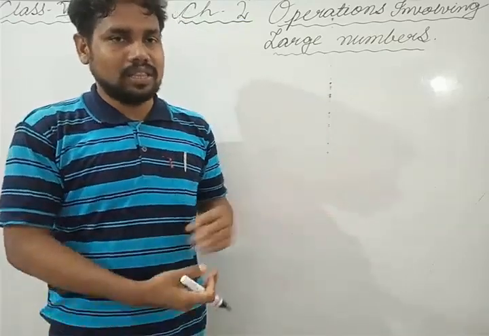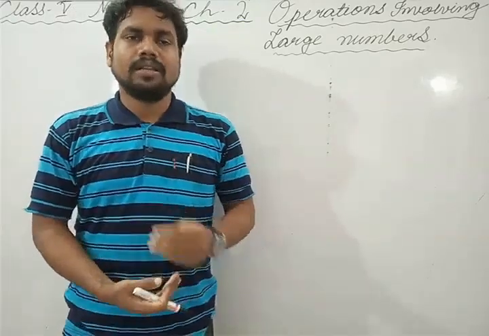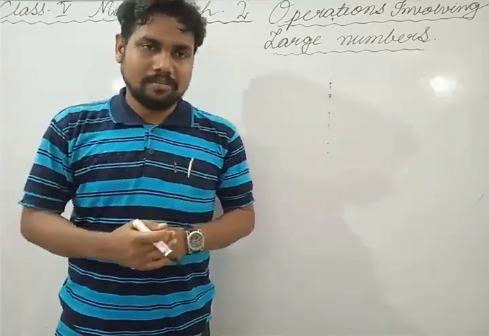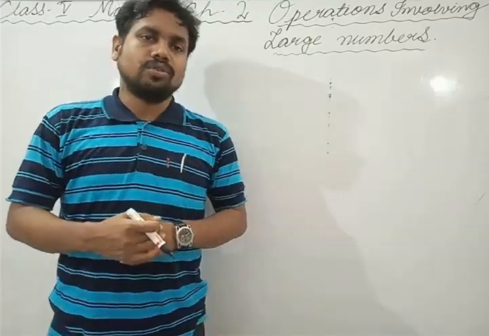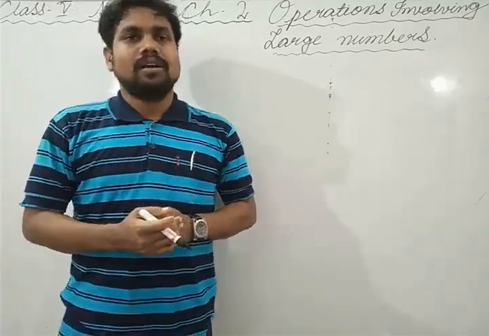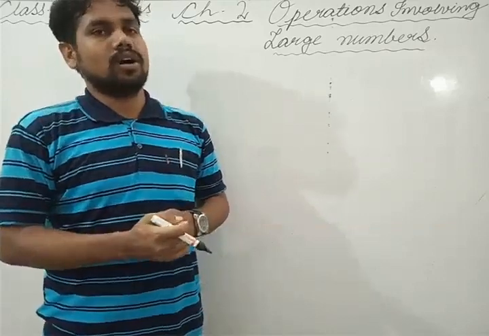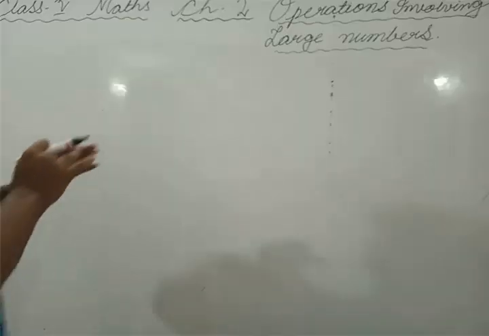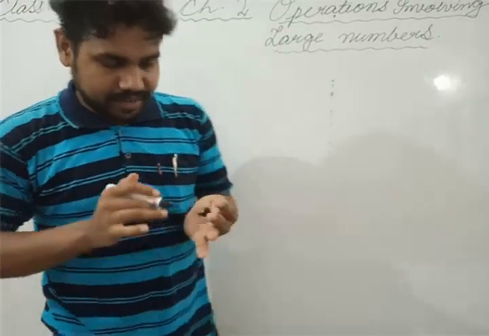So these are the only things we have in this chapter, but at a broader level, with slightly larger numbers. Today in this chapter we will learn about the addition, subtraction, multiplication and division of large numbers. So what are the rules? What are the rules of adding or subtracting numbers?